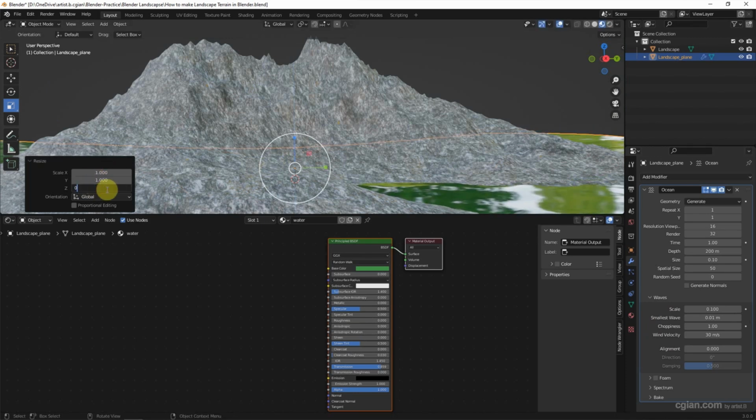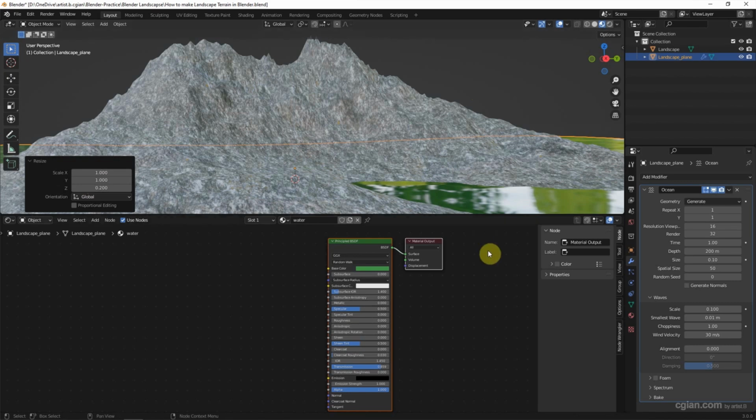I will use 0.2 here. So we got the landscape 3D model and material now.